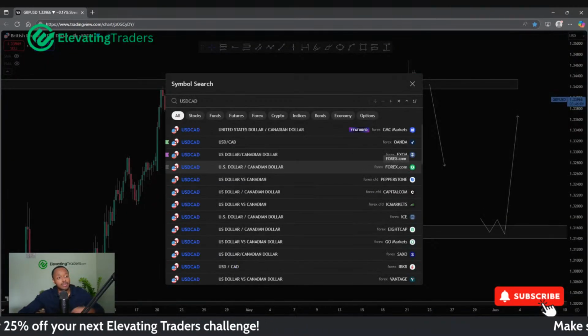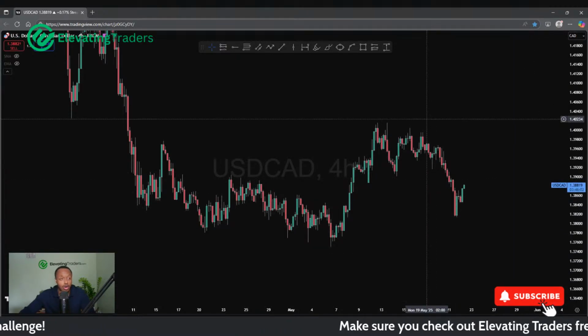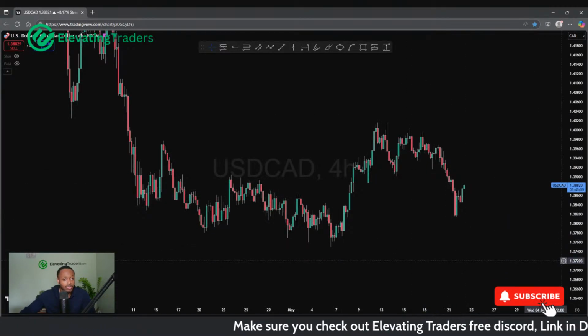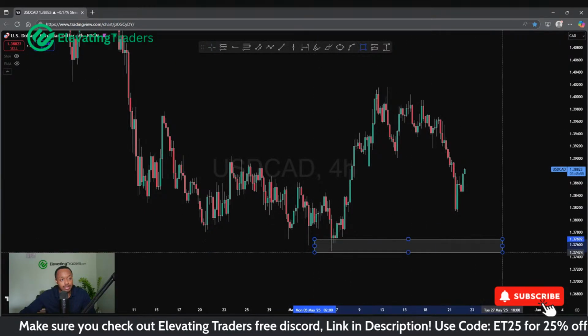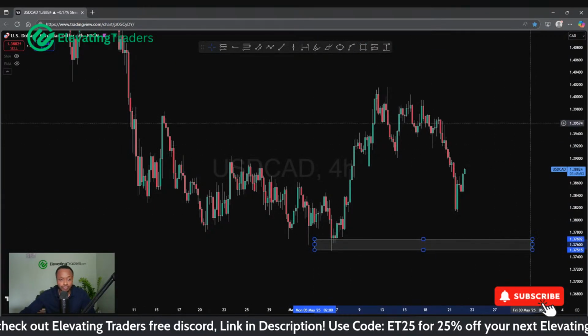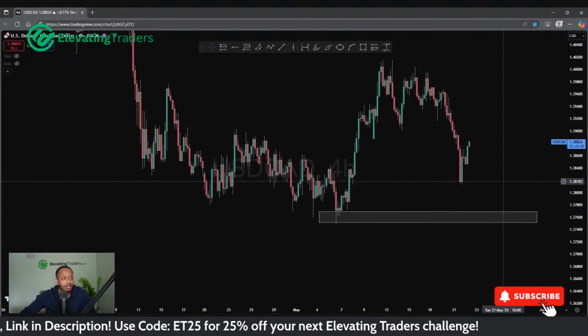Dollar CAD was pretty bearish yesterday. USD was pretty weak. CAD was a little bit strong as well. Of course, that was a recipe for disaster there for dollar CAD. We did slip and slide to the downside, and it looks like price is likely to push back to support, which is at 1.376 there. So I do expect more downside for dollar CAD.